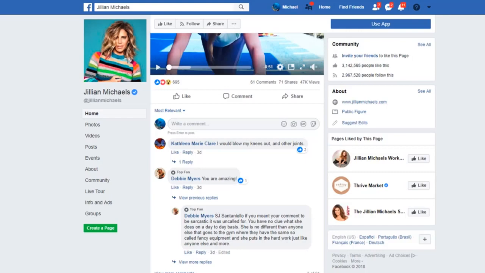So the software is not going to do that. All that's going to do is get your account flagged, get you blocked, get you shut down, all the stuff that we don't want to happen, right? The complete opposite. So to add Facebook friends, first thing we need to do is find content